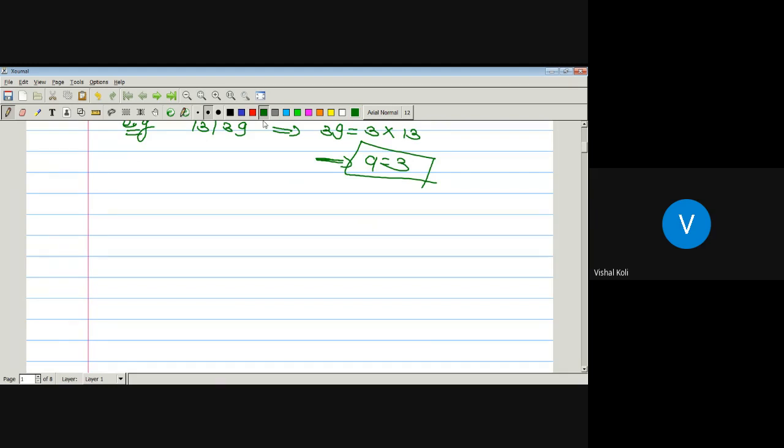Now there is one note. First one: if b divides integer a, it implies b is not equal to 0. Whenever b is any integer which divides an integer a, does negative of b also divide a? Yes or no?